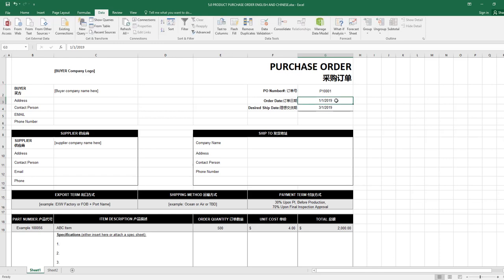You got it, okay? So the order date is the date of you issuing the purchase order, and then your desired ship date. The desired ship date could be anything. If you are back ordered, you issue the purchase order on January 1, ideally you need the inventory the next day, right? January 2nd, but you have to respect your supplier's lead time. The production lead time normally is 30 days. Shipping lead time is normally 30 days. And so you should probably add 2.5 months to your order date to calculate your desired shipping date, especially with the inspection